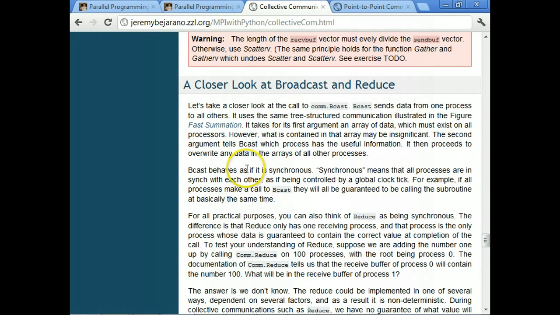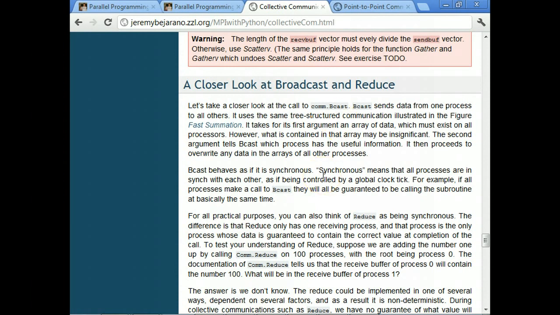When you call a broadcast, every process has to call the broadcast because it's collective. So when one process hits a broadcast in your code, it has to wait until all of the other processes also come to the corresponding broadcast. All of your code is going to, in essence, sync up at that one point for a second, and then they'll start again.